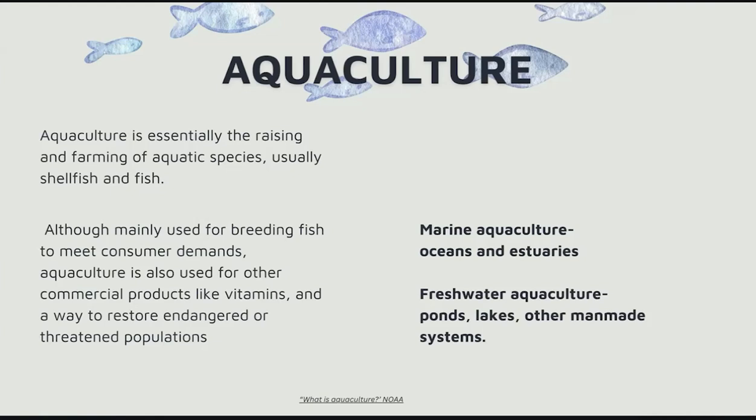and other man-made systems. Something else that's important to note is that aquaculture, or these fish farms, can either be in a closed system or an open system, and that means exactly what it sounds like. In a closed system, there is a barrier in between the farm, the pond, whatever it is, and the surrounding water body, while an open system means that there's no barrier, meaning that water can flow in and out of the pond. And this is how we get contaminants in our water.